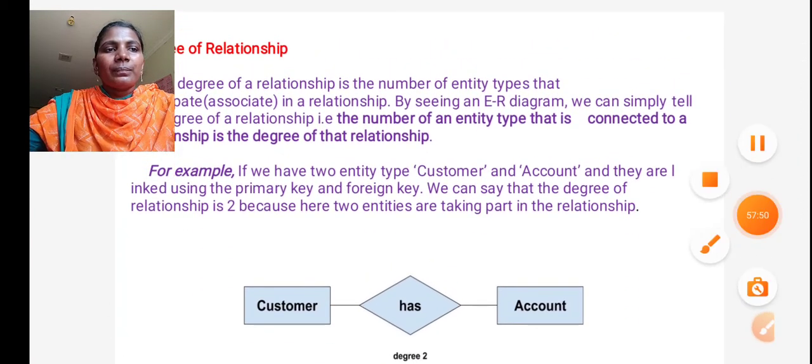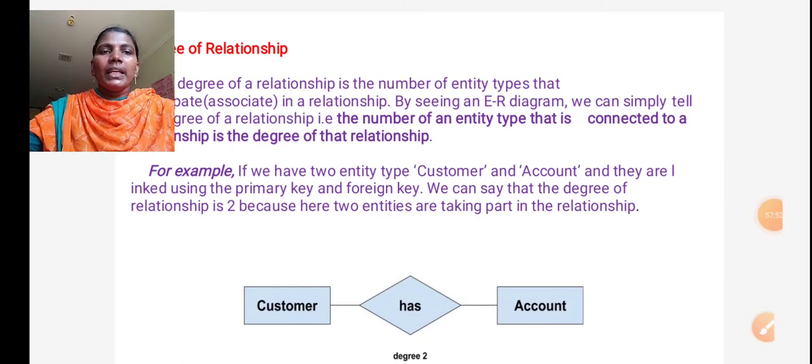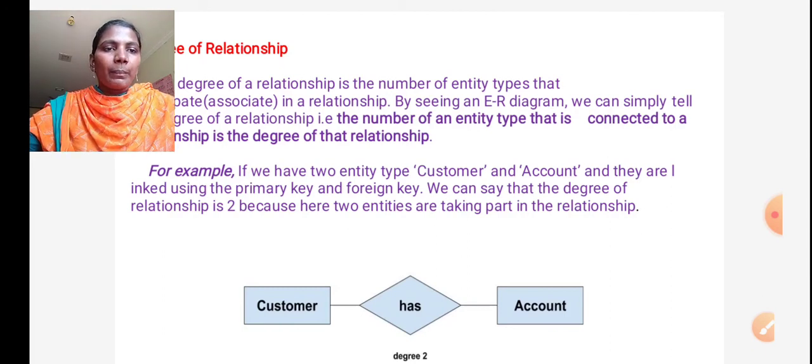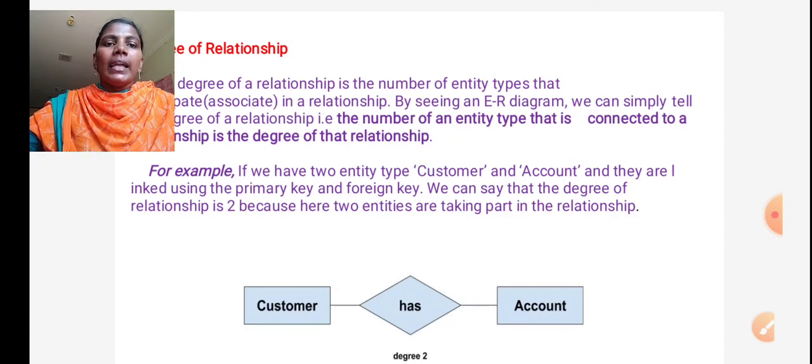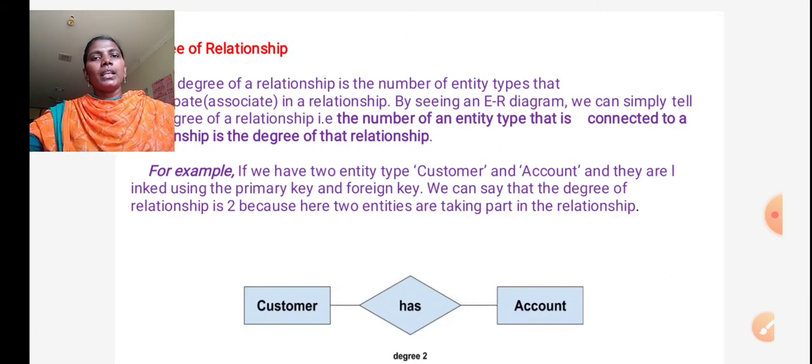Next, degree of relation. Degree of relation is nothing but how many entities are participated in an association. If only one entity is participated in the relation, that is called unary, and the degree of the relationship is 1. If two entities are participated, that is called binary, and the degree is 2.